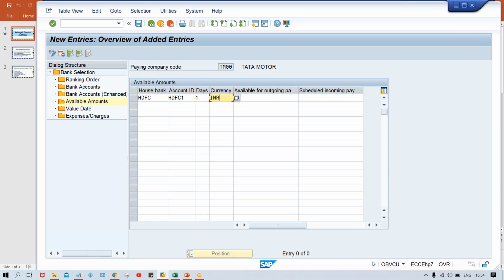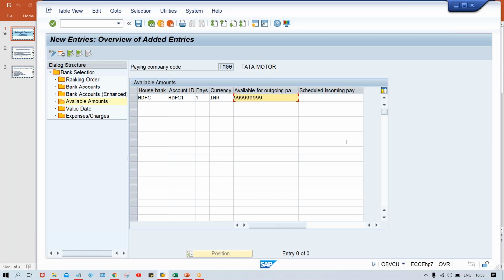Currency, and here the available amount for outgoing payment. If you want to provide restrictions, let's suppose for HDFC, what is the maximum amount to be maintained in HDFC? Let's suppose we maintain only up to 1 lakh. So available amount means that is the maximum limit.